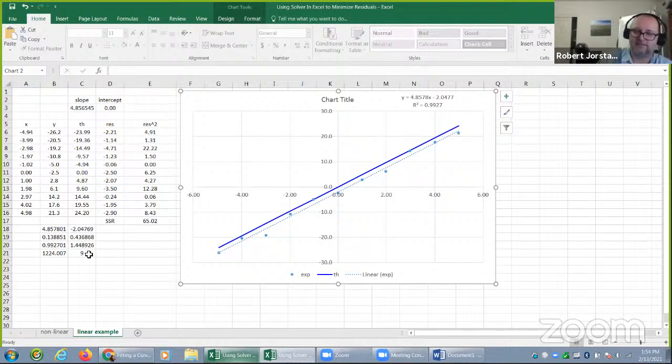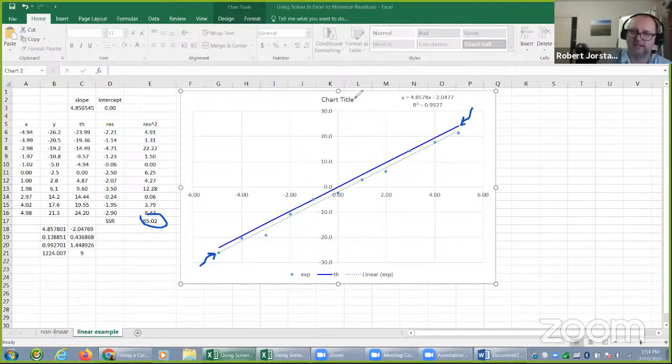But if you do, I did the same process with these solvers, and notice I get a line that is not actually fit very well. So the actual trend line from Excel is this lower curve that's pretty much right in the middle of all the data. Whereas when I use the solver and minimize the residuals, I got this unusual curve that goes through this upper bound. And so yeah, the solver may not always be the be all end all of everything, but it's a way to get started fitting a curve. And the error analysis associated with the fit parameters turns out to be a bit complex. So that would be the subject of probably a whole